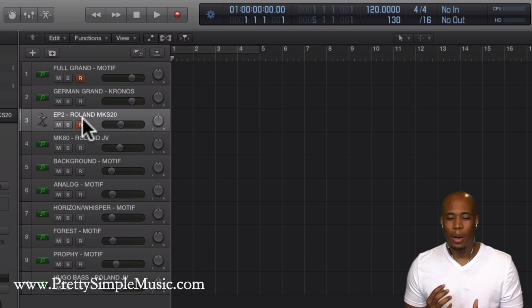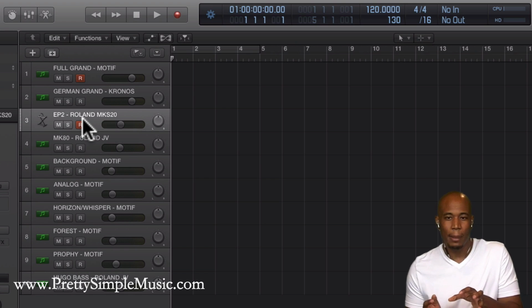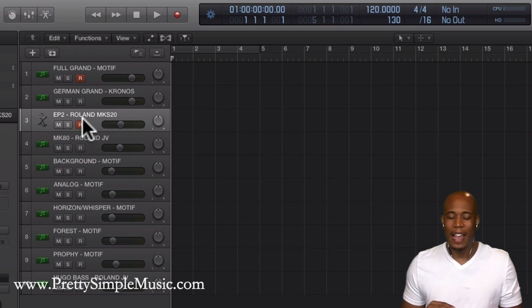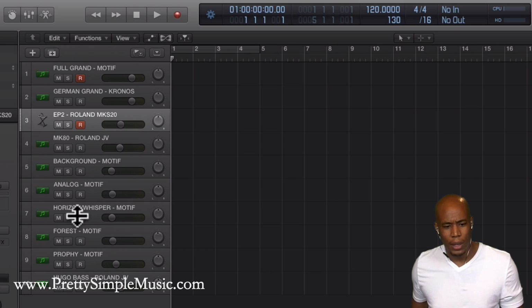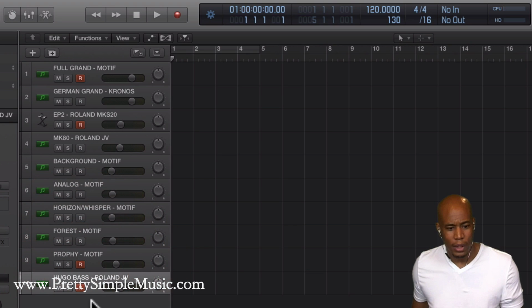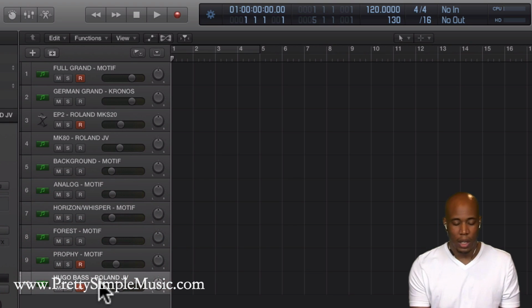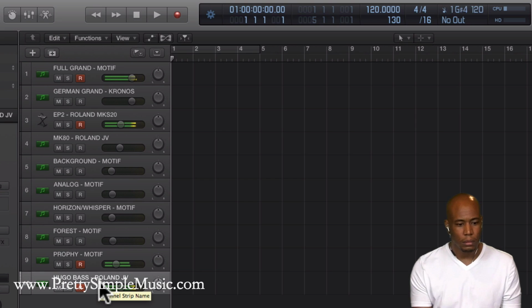Me, particularly, I wanted a different kind of bite with the sound, a different type of warmth with it. So I had my team, because I've sold 2 different Roland modules online, but before I did, I had the company that I'm using sample the module and tweak it a little bit to give it the sound that I wanted. So anyway, there's a Roland module. Here is the Profi, or Profi. I'm not really sure what the actual pronunciation is. There's a Hugo bass, which